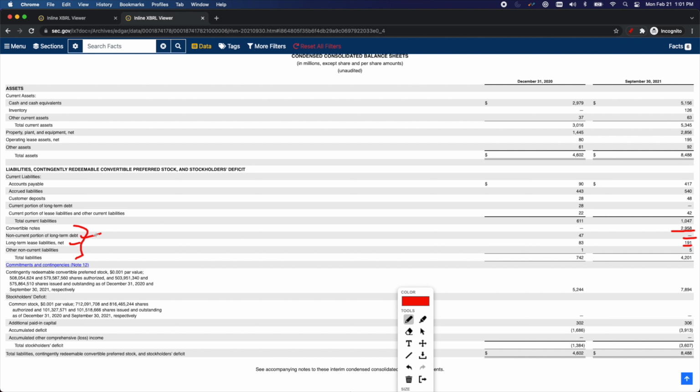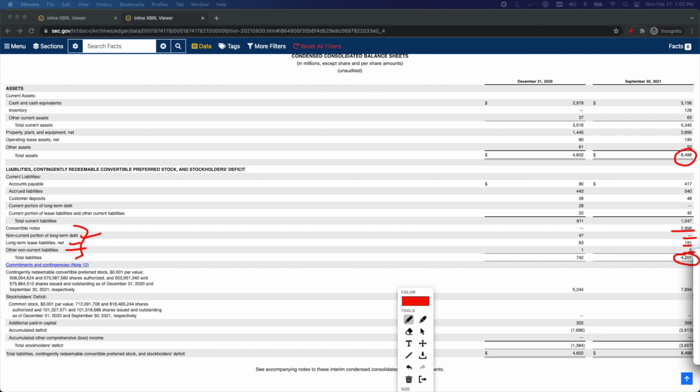So they don't have a non-current portion of long-term debt. Everything they have is in convertible notes and some other non-current liabilities. So they have total liabilities of $4.2 billion and total assets of